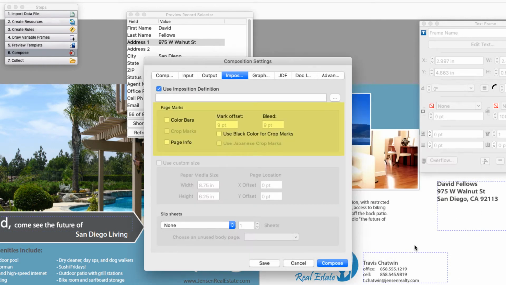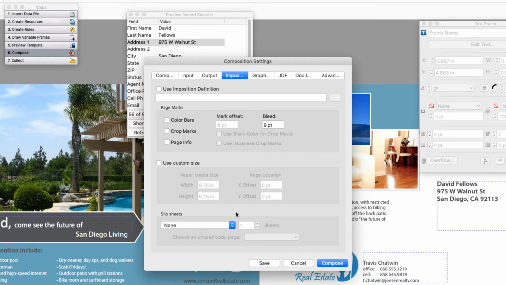Below that are settings for the output, some of which are read from the FPI file, but allow for modifications nonetheless. As an alternate to an imposed output, a custom size can be specified. The custom option still allows for the settings above to be used, so color bars, crop marks, and page info may be applied. The last section on this tab offers slipsheet controls, which can be used to mark stacks or